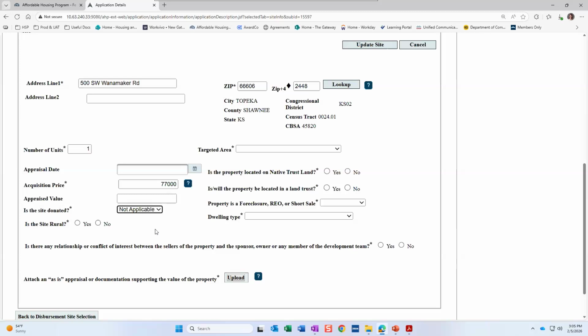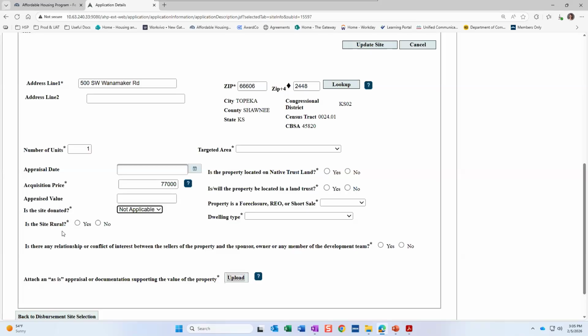So for this one, we'll say not applicable. Is the site rural? This is defined by the USDA. It is one of the scoring options that you may have committed to in the application. I will note, though, there's a couple things here that are related to scoring commitments, but this is not where we're checking for the scoring commitments. That's a separate screen, which we'll cover here in a little bit.